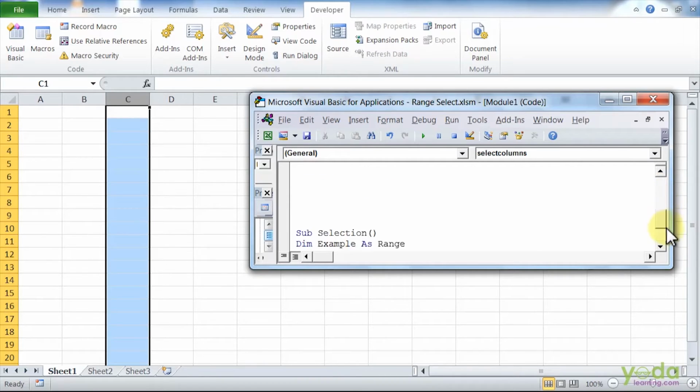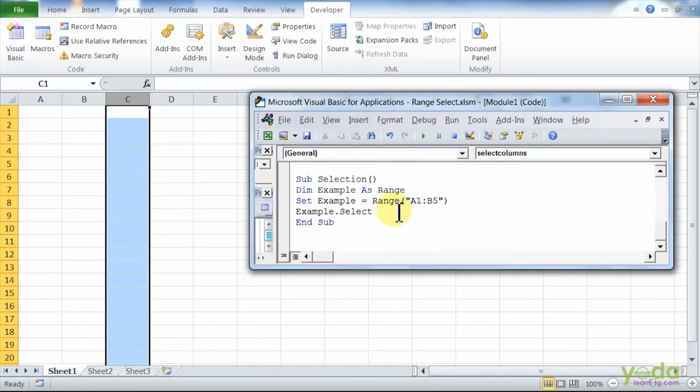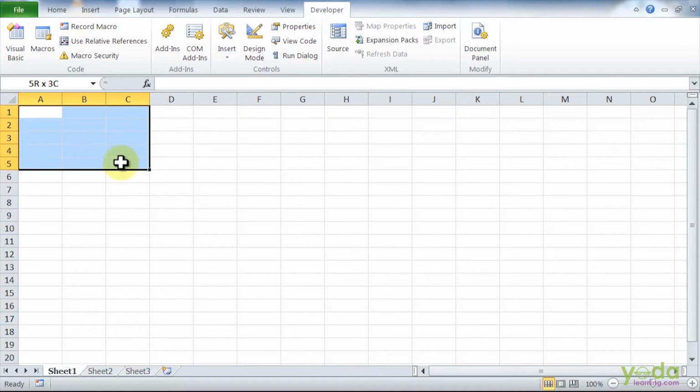defined range. Now here is my example. I have taken the previous example here where I have defined a variable for a data type range. I have set the variable to a defined range, and here now I want that from A1 to B5, that is from A1 to B5, it should select the row number 2.